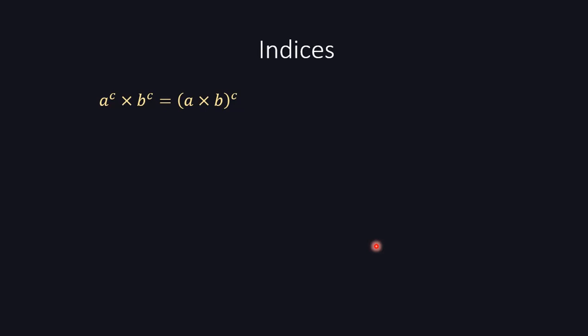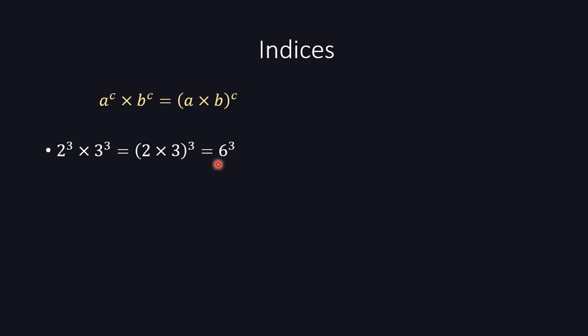So if we have different bases and the same power, and the two terms are being multiplied together, we can write it as the product of the bases raised to the common power. An example says 2 raised to the power 3 multiplied by 3 raised to the power 3. Since I know that the bases are different but the exponents are the same, I know that this rule is going to be applied and I can express it in this form, which is going to be equal to